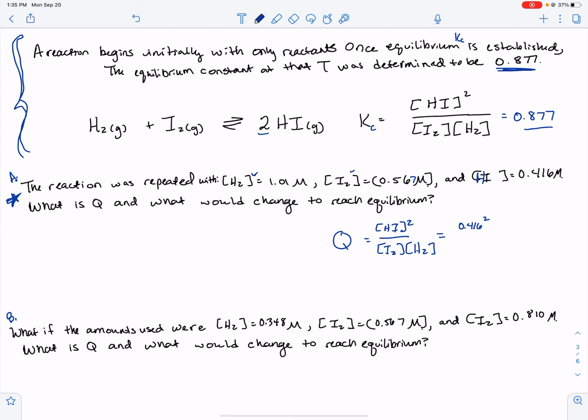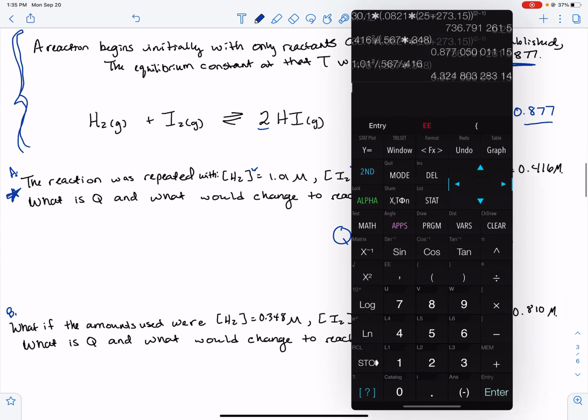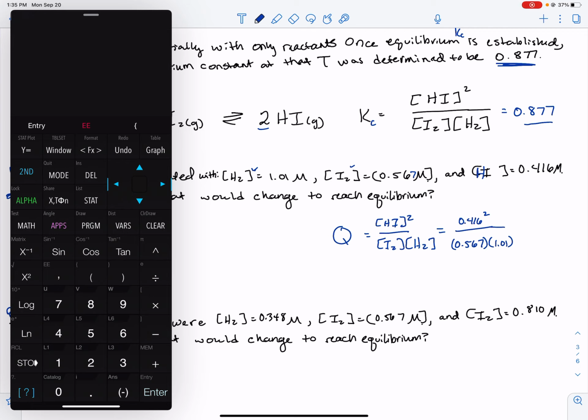0.416 squared divided by I2 is 0.567 times 1.01. That's all on the bottom. So now I'm going to bring over my calculator. And I have 0.416 squared divided by 0.567 and divided by 1.01. If you just want one divide sign, you're going to have parentheses on that bottom section. So I get that the Q value here is